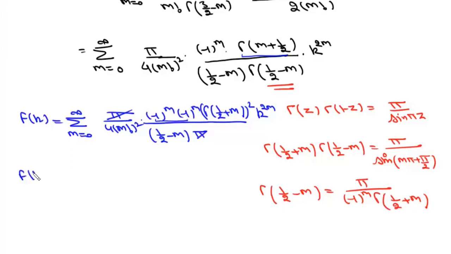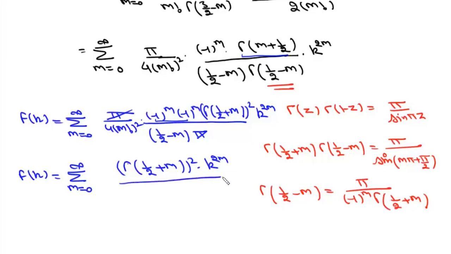So we can write this fk as this summation m varies from 0 to infinite, and here it will be gamma 1 by 2 plus m whole square into k to the power 2m upon 4 times factorial m square, and this is 1 minus 2m by 2. So here it will be this 2. So basically this fk now is